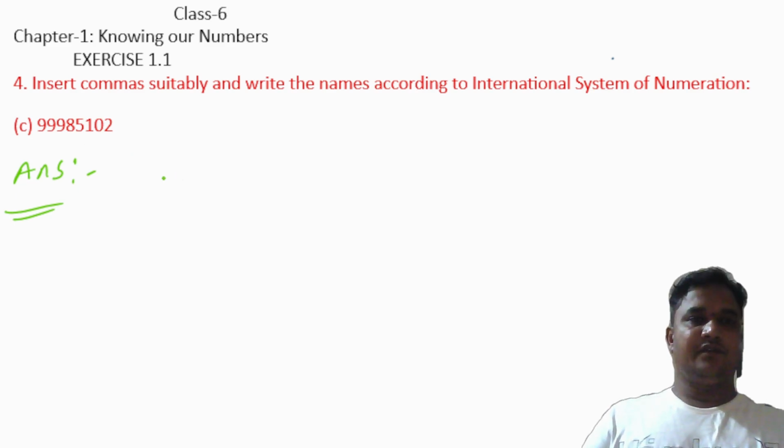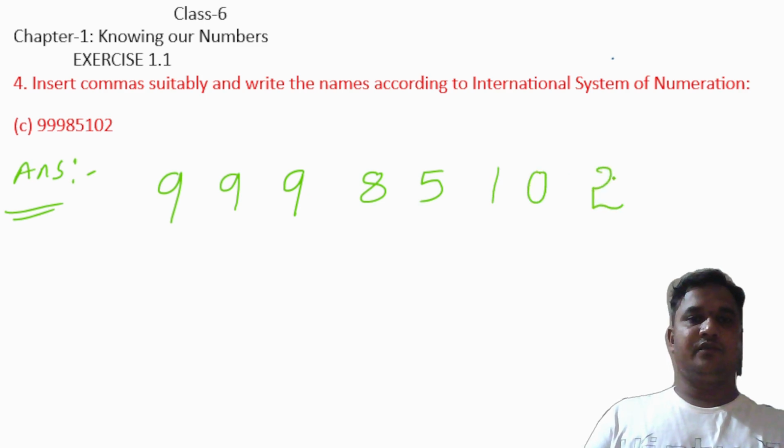Firstly we'll write the given question: 99985102. Firstly we'll write the place values according to the international system: